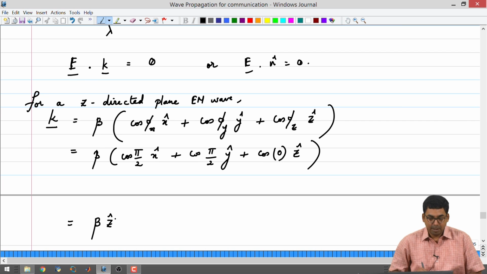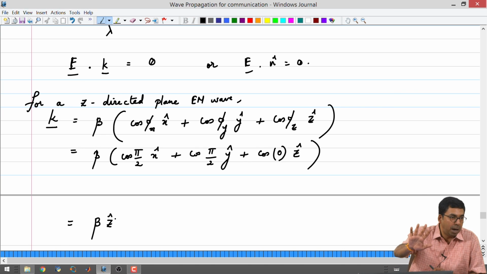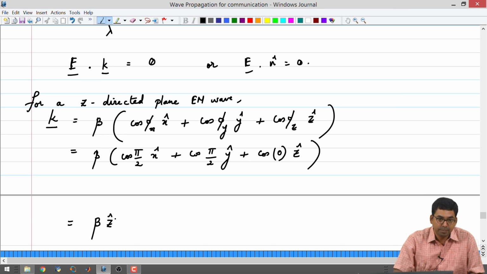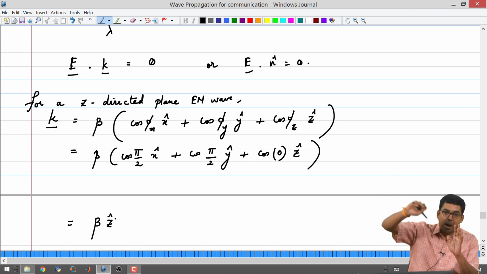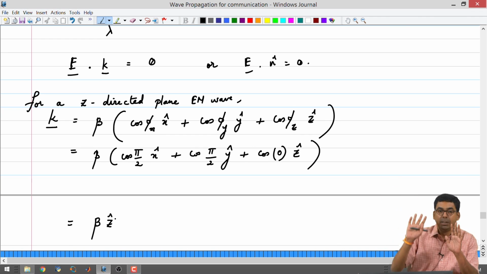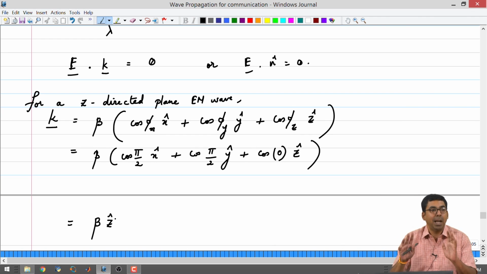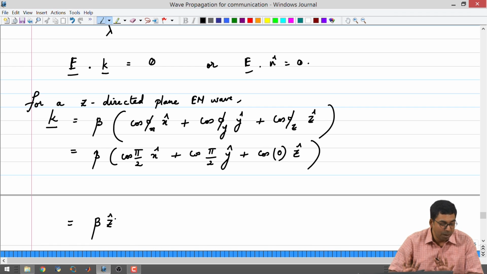This is the first step: being able to write down the k vector for an electromagnetic wave traveling in some direction. How do you write down the k vector? In a generic case, you should be able to take a coordinate system, draw the direction of travel, mark the unit vector, multiply that unit vector with beta in that medium, then measure the angles from the x, y and z axes, write down cos phi x, cos phi y, cos phi z, and write down the k vector. This is the first step, and then there are only a couple more steps, which I will describe in the next class.